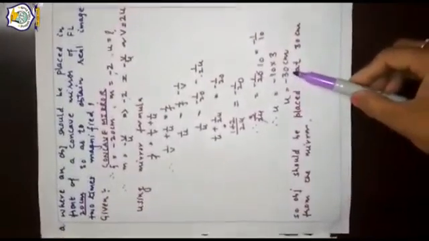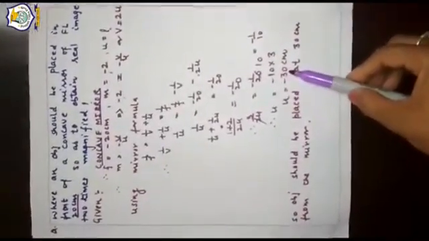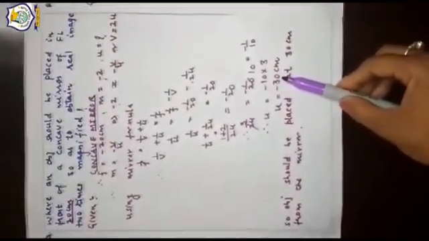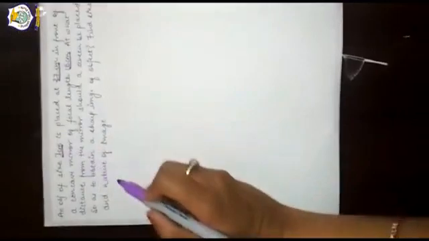Yes, it is right because U is coming negative. And U should definitely be negative because it is lying on the left side of the mirror. So in this way we can check our answer. Now this is the third question where the size of the object is given and we have to calculate the size of the image and the nature of the image. See, placed at 20 centimeter in front of a concave mirror.